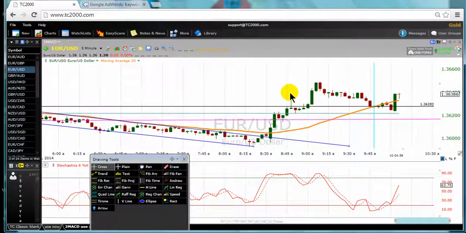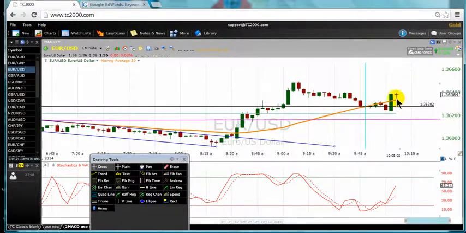I'm going to wait a little bit more. I would prefer this candle to close first, and I would prefer this candle to be a little bit bearish, which means it pulls back a bit down here, and I will take it from there. We'll see. There's no need to rush, because sometimes the market will push you into a trend. Another thing I will do now